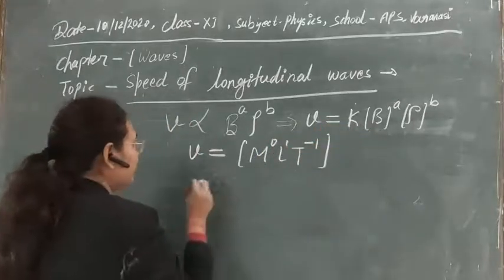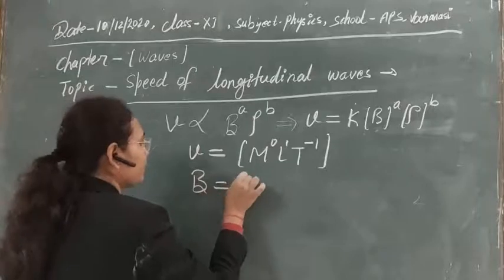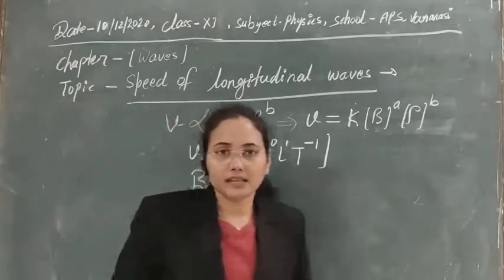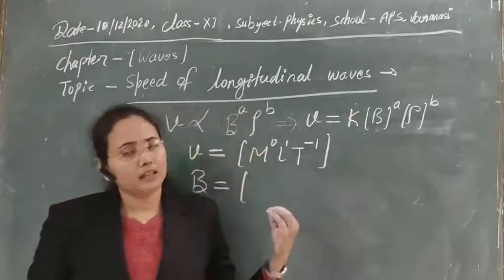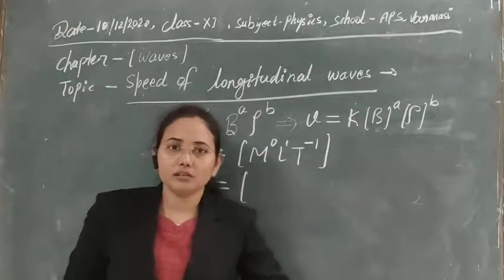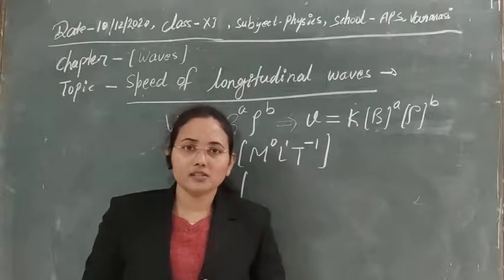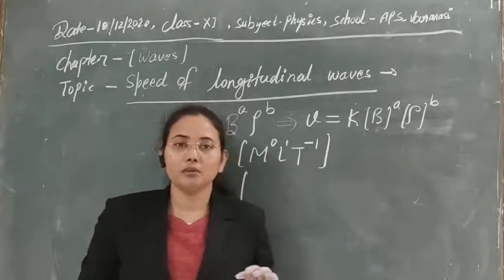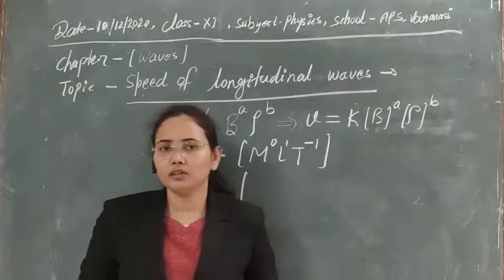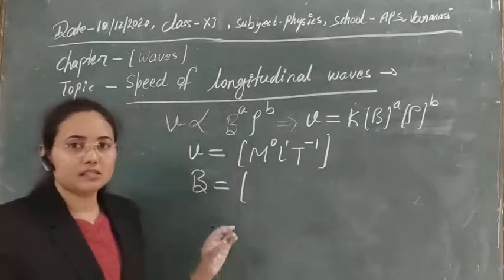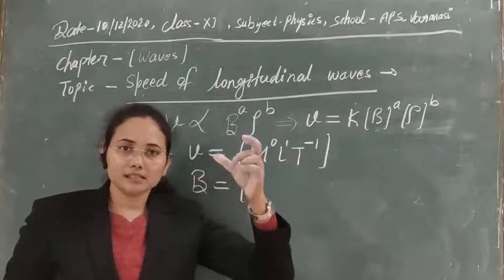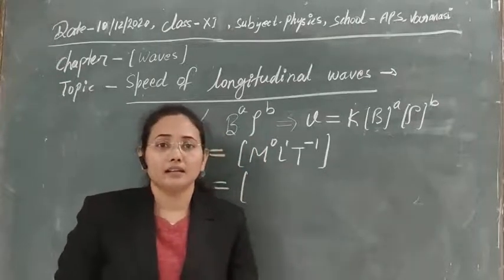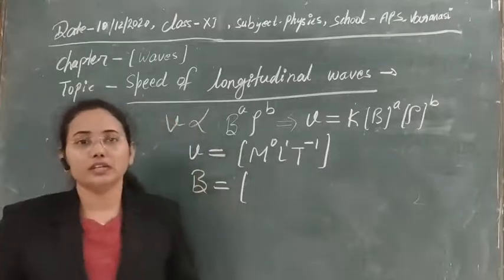Second, for bulk modulus, as you know, bulk modulus or any elastic constant is defined by stress upon strain, and you know that strain has no dimension, as strain is the change in configuration upon the original configuration, so finally there will be no dimension. So it is dimensionless. Then what is the dimension? That is of stress, and stress is expressed by force per unit area.